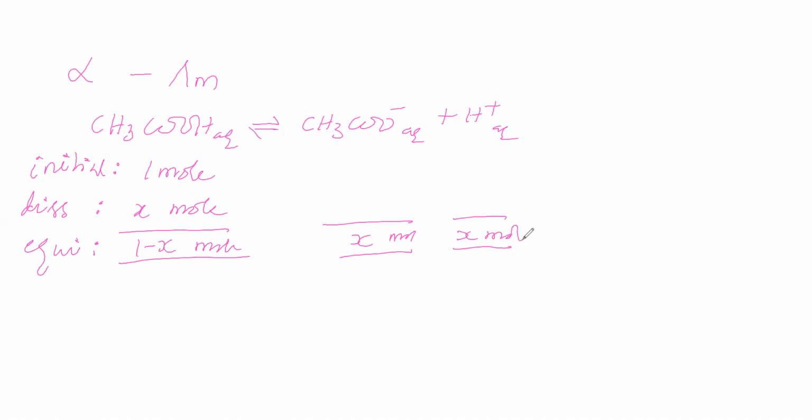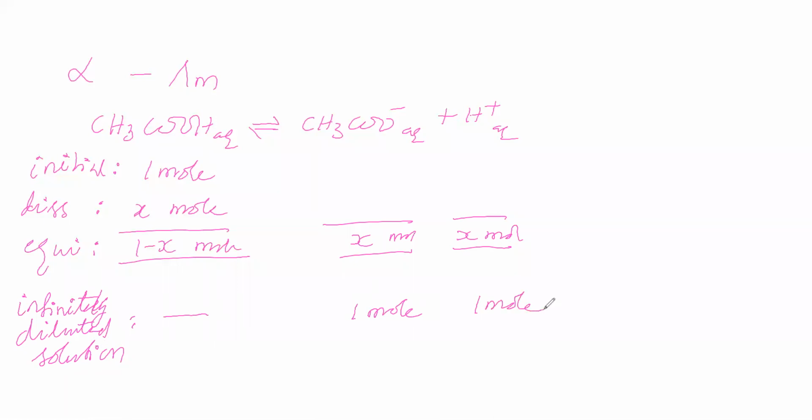H plus ions, x moles present. When you take concentration as 0, that means an infinitely diluted solution. You are taking acetic acid to this condition. Under that condition, acetic acid undergoes complete dissociation, so undissociated acetic acid molecules are not there. How much acetate ions are produced? 1 mole is produced. How much H plus ions are produced? 1 mole is produced.